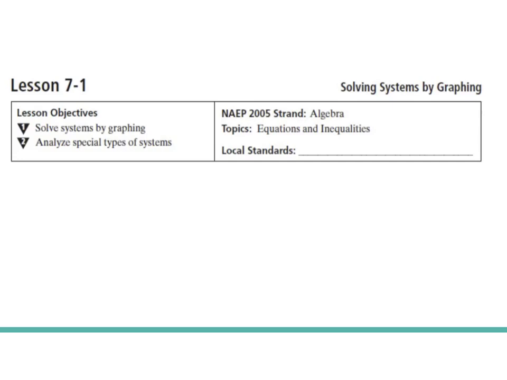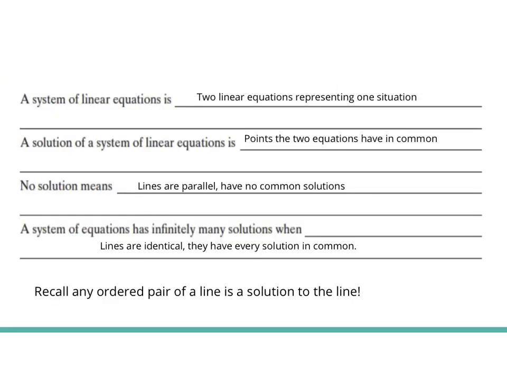So in this lesson, we'll be solving systems of equations by graphing. When we talk about a system of equations, we are talking about two linear equations representing one system. The solution is going to be the point or points where the two equations overlap or that they have in common. Okay, so in this situation, sometimes we'll have no solution when the lines are parallel and there's no common